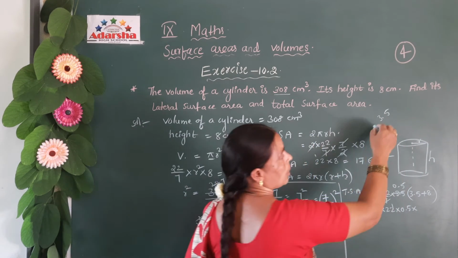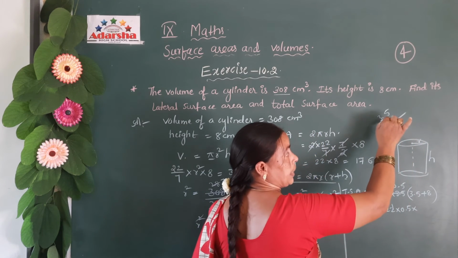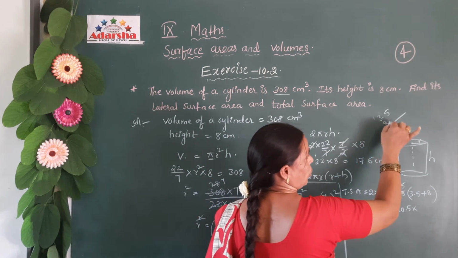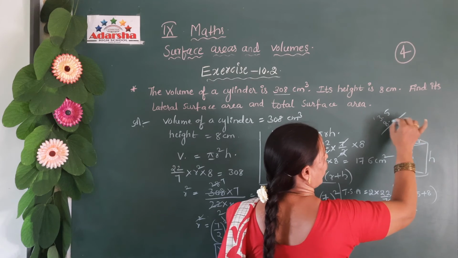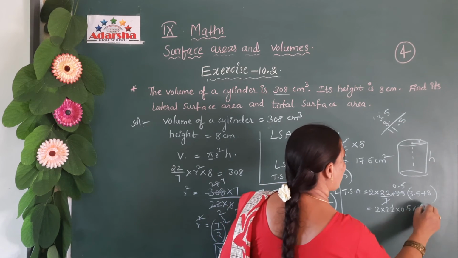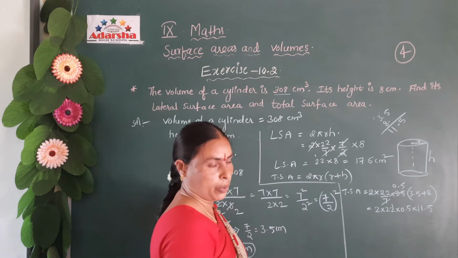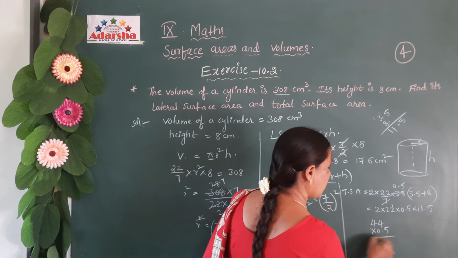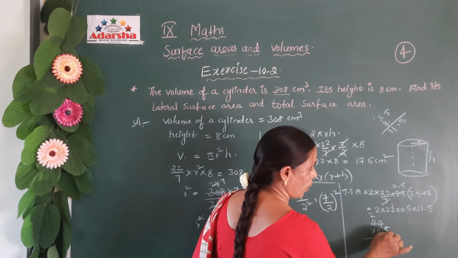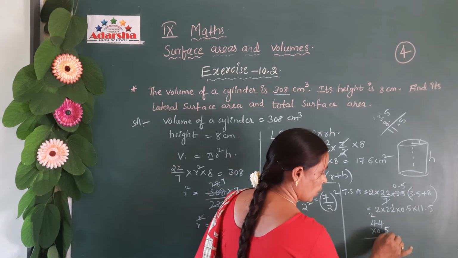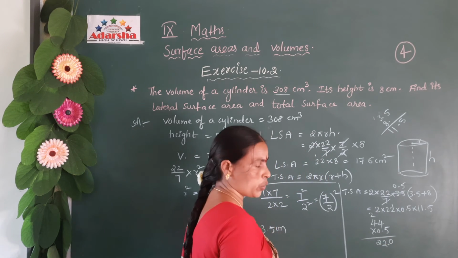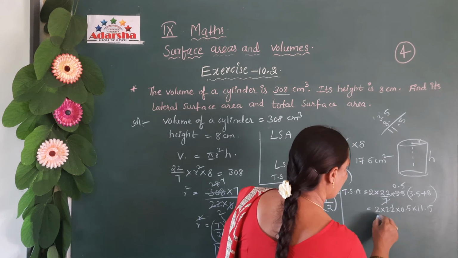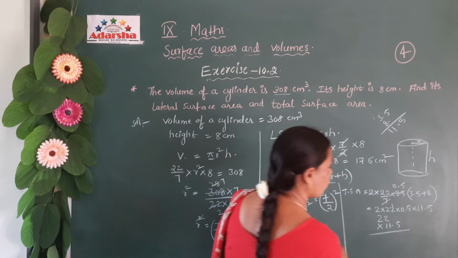3.5 is a decimal number and 8 is a whole number. How can you add? The 3 is the whole number. So 8 you have to write below the whole number. Below 3 you have to write 8. 5 plus 3, 8, 11. 11.5. Okay, now simplify all this. 2 into 22 equal to 44 into 0.5. 5 fours are 20, 5 fours are 20 plus 2, 22. One digit after, put the decimal point, we get 22. Now this 22 you have to multiply with 11.5.